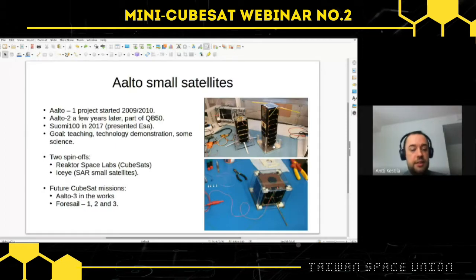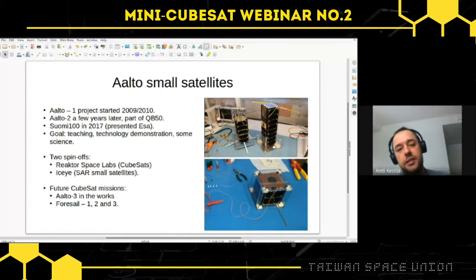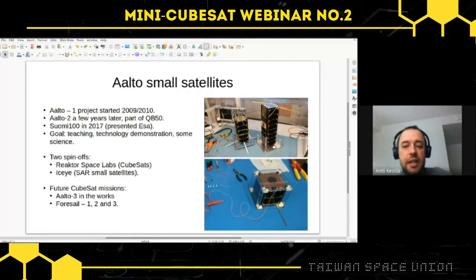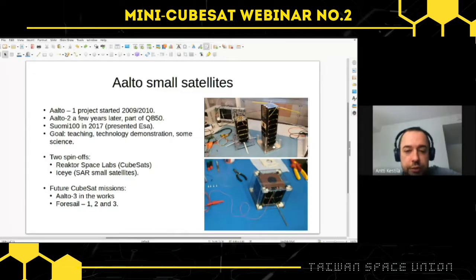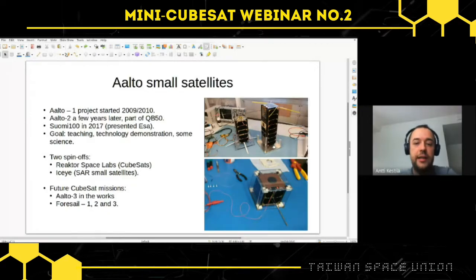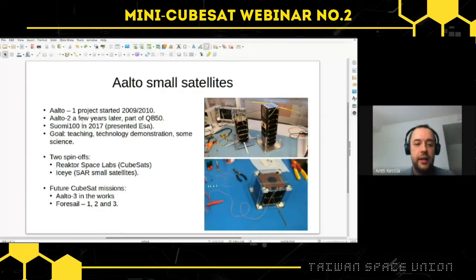There was, at least in my view, a goal of us actually trying to do some new science, which wasn't that much the case with the Aalto 1 and Aalto 2 satellites. Maybe QB50 was a bit of a science demonstration, or there was a science goal, but the first two satellites were primarily, the idea was science. Then these three projects, Aalto 1, Aalto 2, and Suomi 100, gathered a sizable amount of students around them,